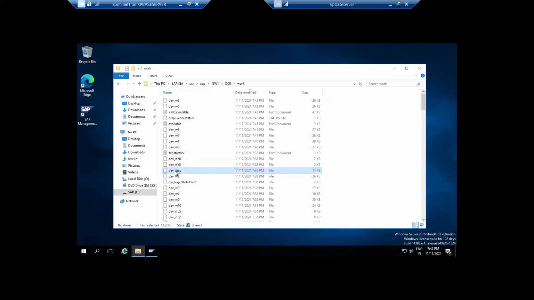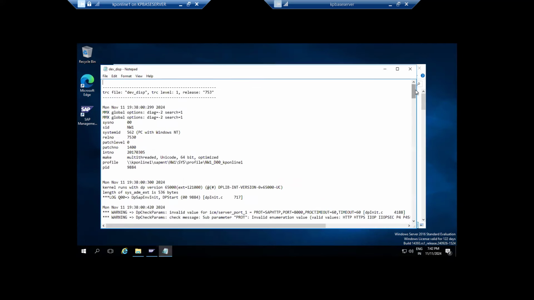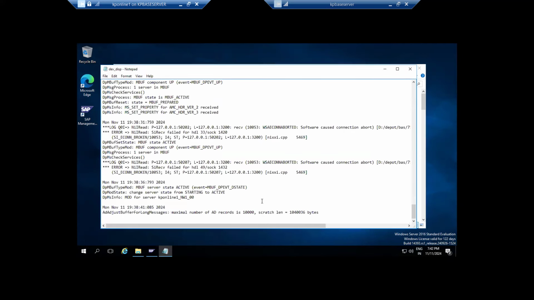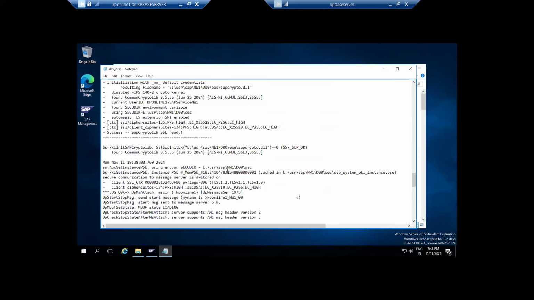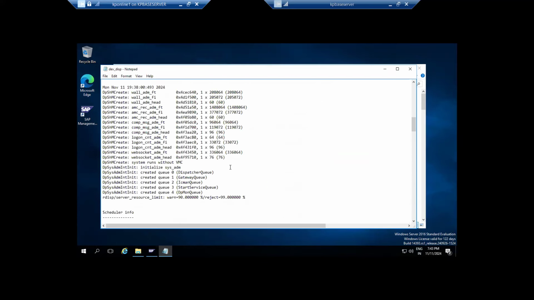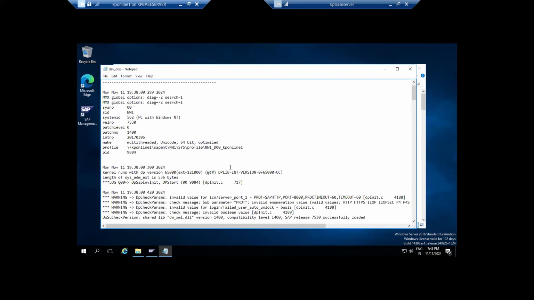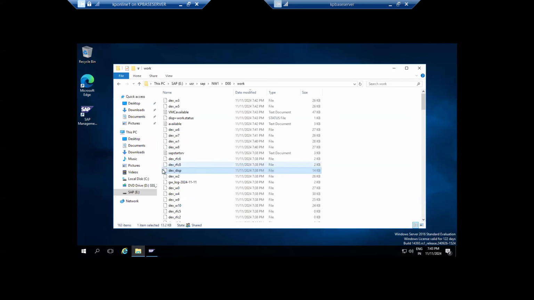You see here, suppose you want to check how the dispatcher is handling the logs and everything, you can see it here. How the dispatcher is handling the logs, whether there are any connection issues, timeout errors, any process ID, anything happening in the system, all that information we can see here. This is the dispatcher logs. Suppose you want to see the work process logs,